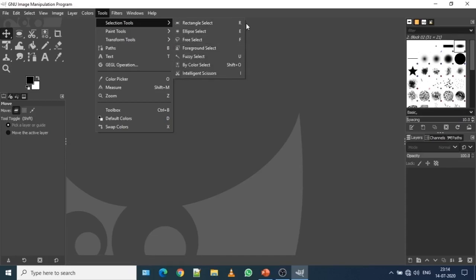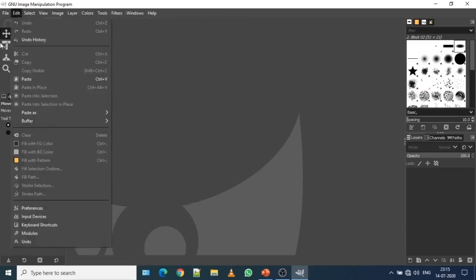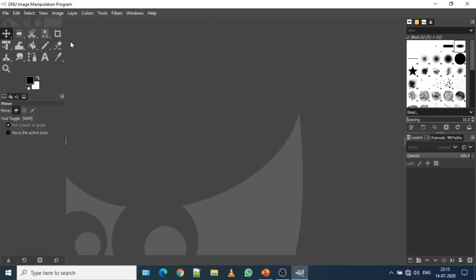So what is a text tool? As the name suggests, the text tool is related to writing some text over an image or on an artboard. How can you bring up the text tool? There are 3 options. One is on the left-hand side of this area, where you will find the text tool with a caption A. This is a shortcut method.